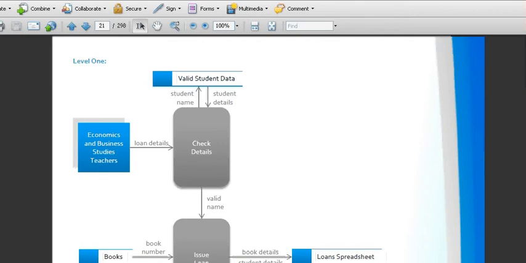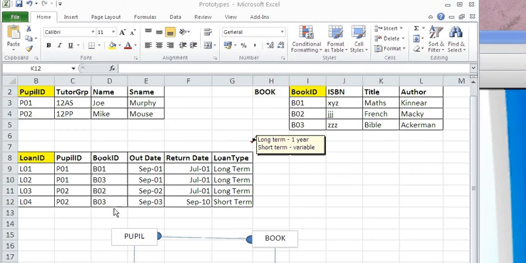Here I'm looking at an entity relationship model, also abbreviated to an ERM, and it shows the entities in my project and their relationships. An entity is something of importance to the system about which information is stored. And in this entity relationship model we have